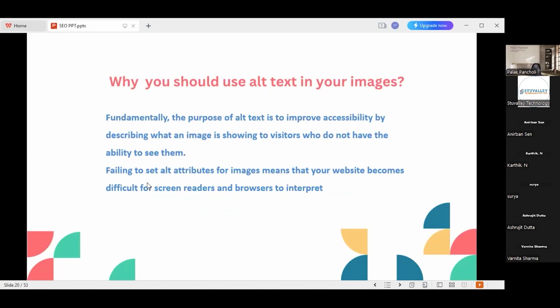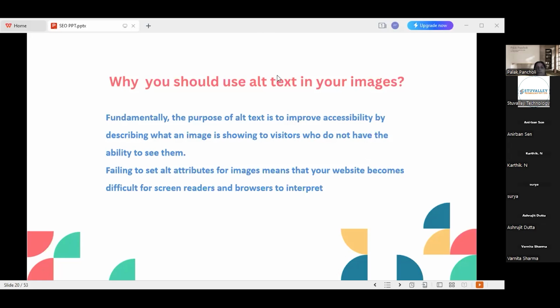So the first thing in image optimization is alternative text or alt text. Any idea about alternative text? What is alt text? Whatever image does not load, in its place the alternative text will show. Very good.